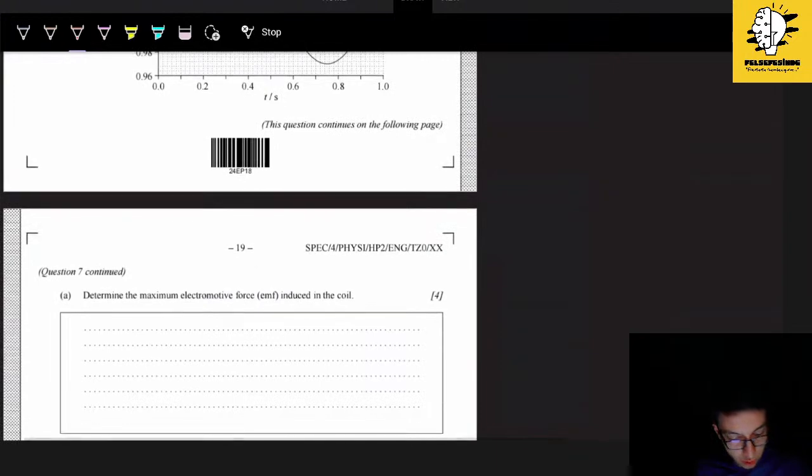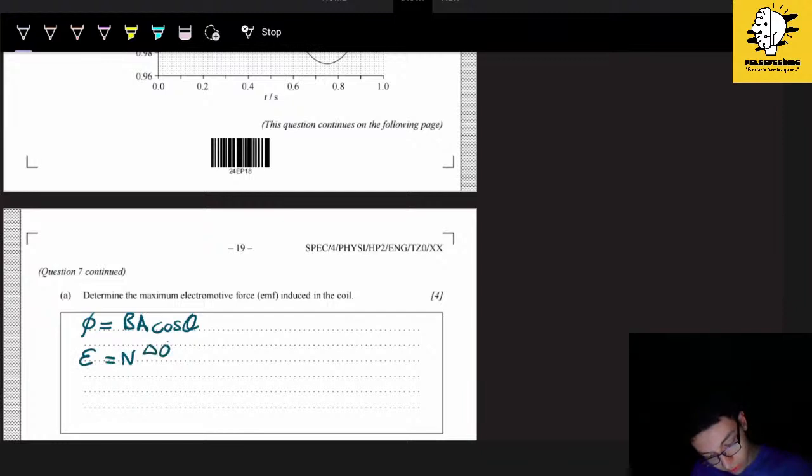So it says determine the maximum electromotive force induced in the coil. So in here, we will say, okay, phi, magnetic flux, right, is equal to BA cosine theta, in the data booklet already, and we know electromotive force is equal to N times delta phi over delta T. This is also a point. Now